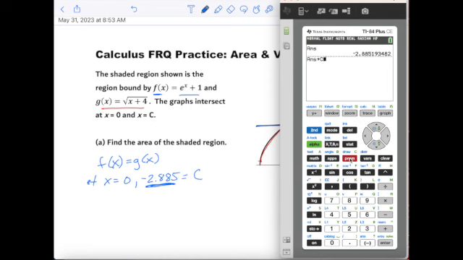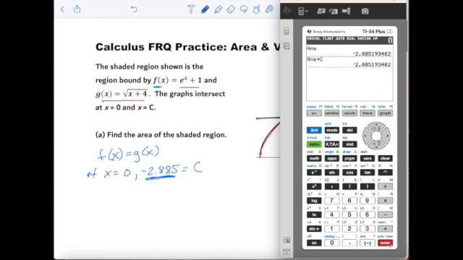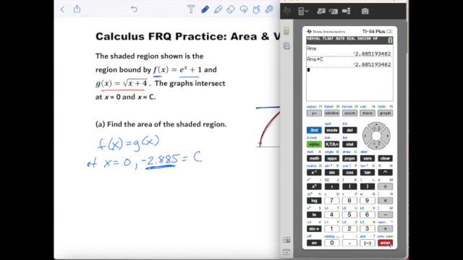So alpha program, I'm going to put it in C. And now anytime I want to do an integral or something with that value, I can just type in my calculator C, and you know, saves a little time, and it'll be the most accurate. So our area here,